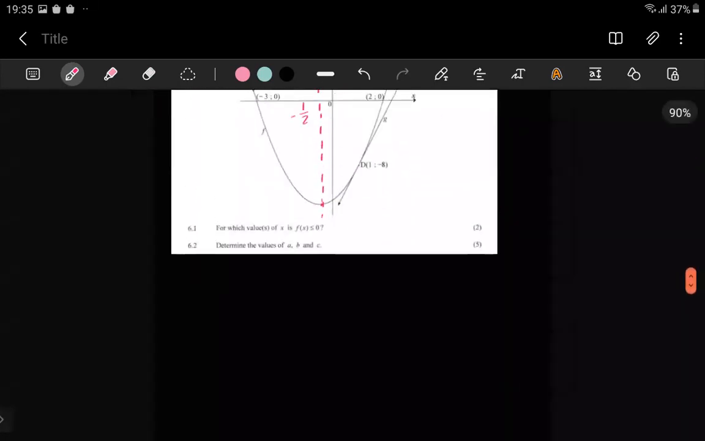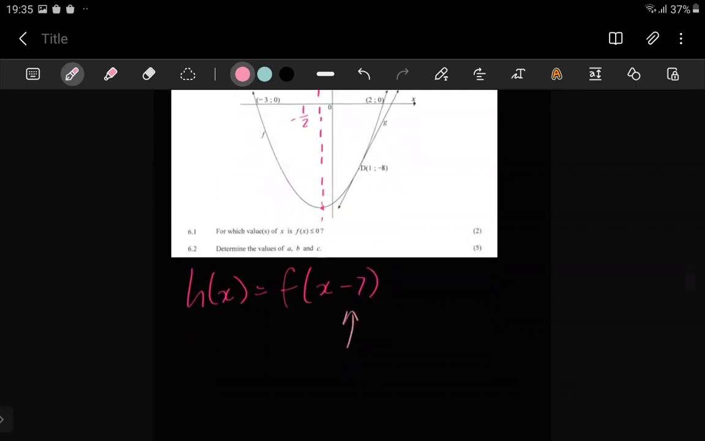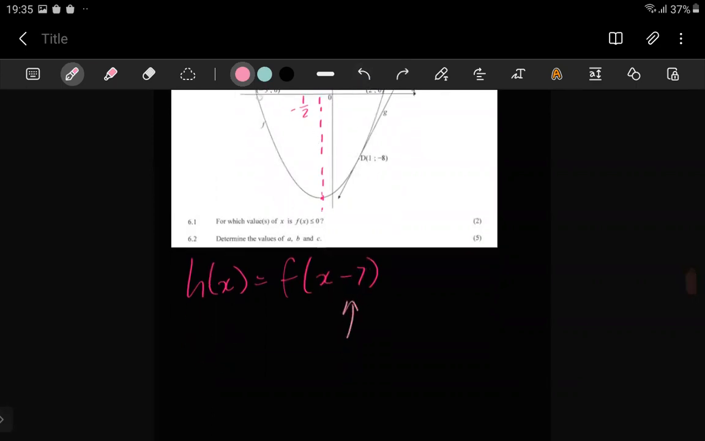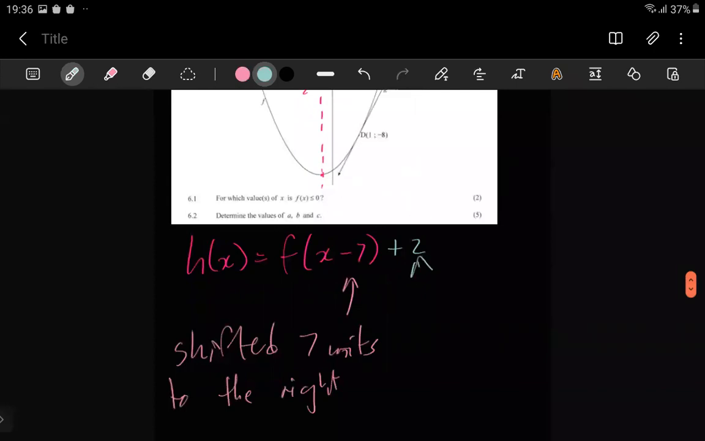Now the idea is, with the graph of H, they are just trying to tell you that you get it by moving the graph of f. This is telling you that your graph of H is basically the graph of f after it has been shifted 7 units to the right and 2 units upwards. I'll repeat. H of x is the graph of f shifted 7 units to the right. After moving it 7 units to the right, they shifted it